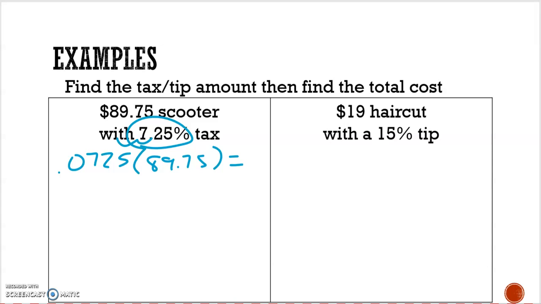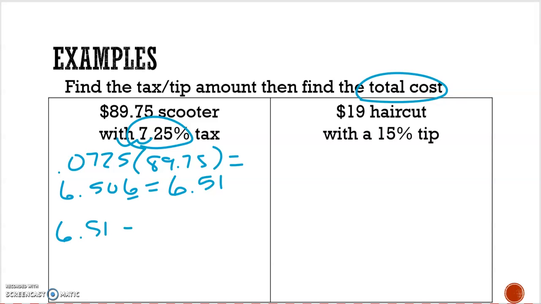Okay, when I multiply that, that gives me 6.506. All right, so money only has 2 numbers after the decimal, so I'm going to round this to 6.51. The 6 tells me to round the 0 up to a 1. So if the question had just said, what are they paying in tax for this question, it would just be $6.51. Now it asks to find the total cost, so I'm going to take my 6.51